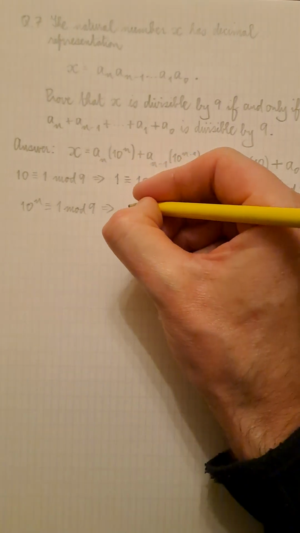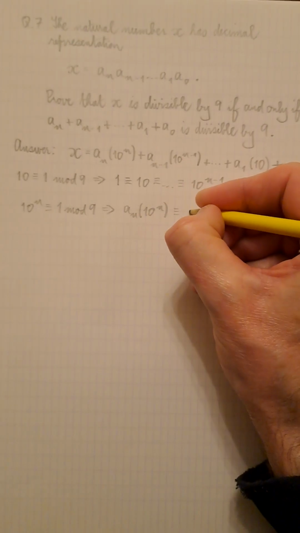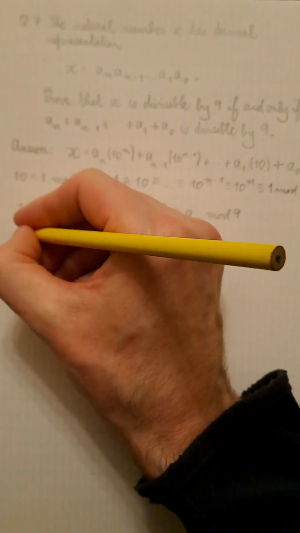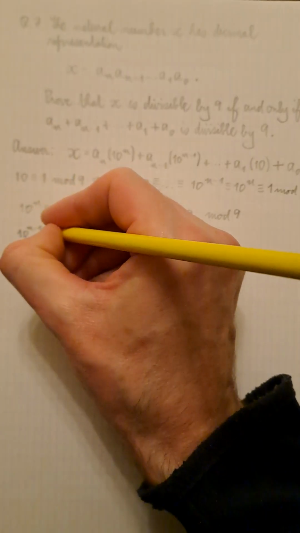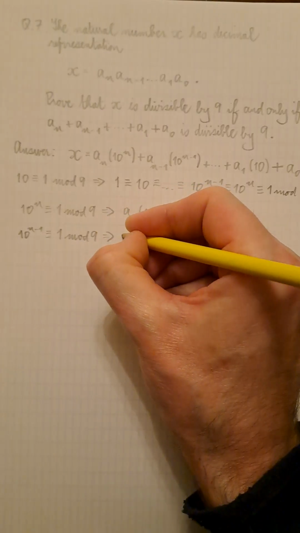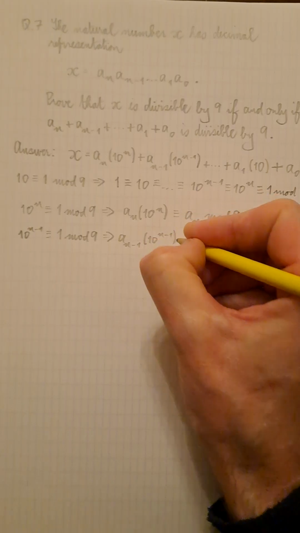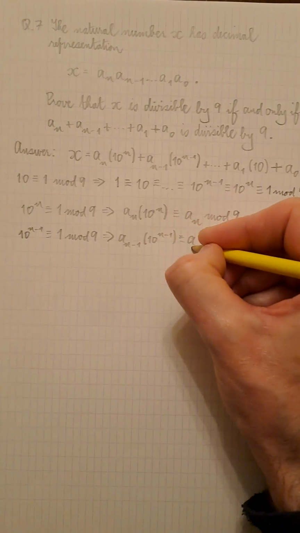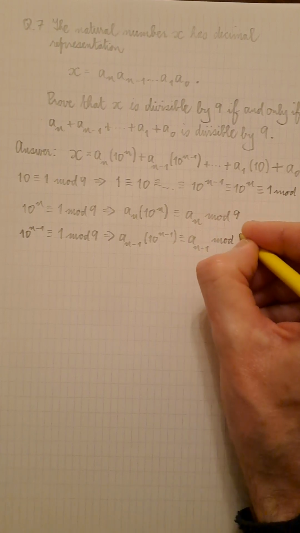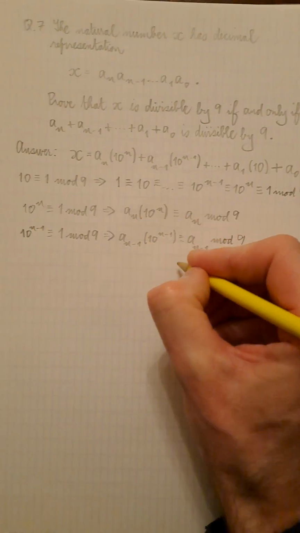well, that implies that what appears here, a_n multiplied by 10 to the power of n, is congruent to a_n mod 9. 10 to the power of n minus 1 is congruent to 1 mod 9. That implies that what appears in our decimal representation, a_{n-1} multiplied by 10 to the power of n minus 1, is congruent to a_{n-1} multiplied by 1, which is simply a_{n-1} mod 9,